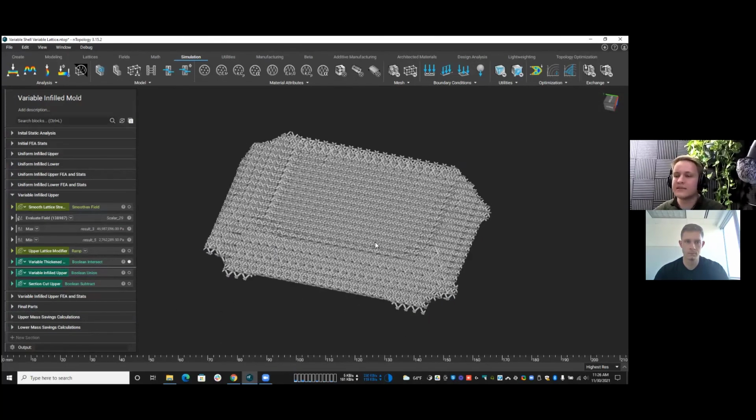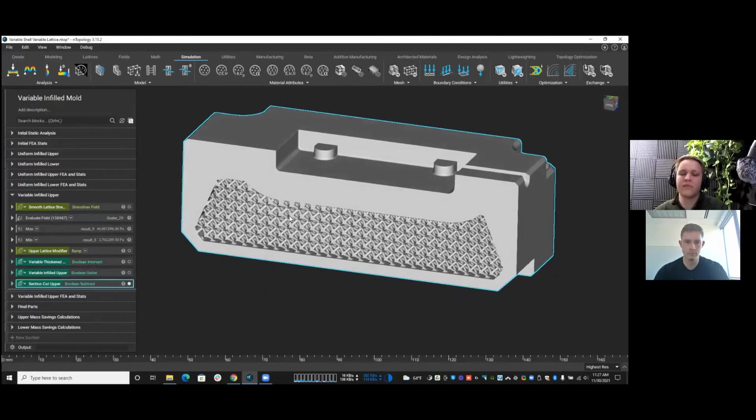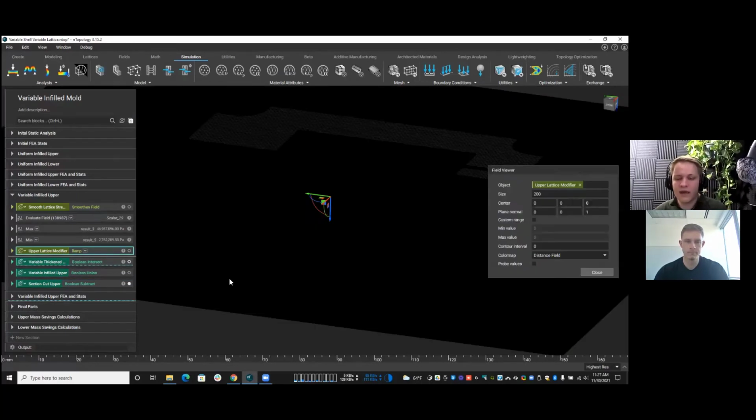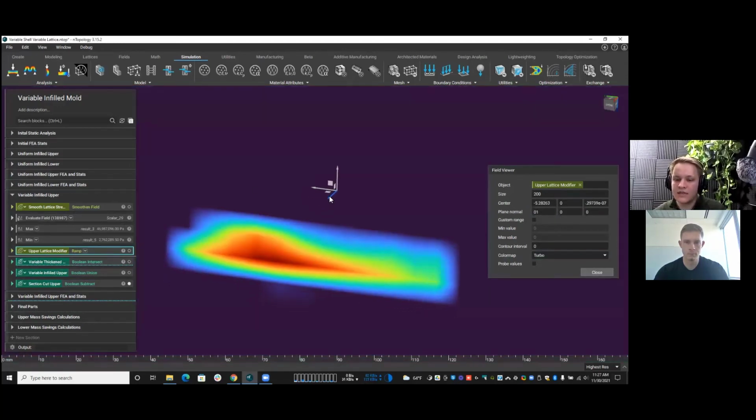So what I'm going to do is create this section cut. And let's take a look at it. You can see we have some thicker beams over here, tapering over to some thinner beams over here. But let me overlay a nice view from our field viewing ability inside of nTop. Turn this on, and what we're seeing